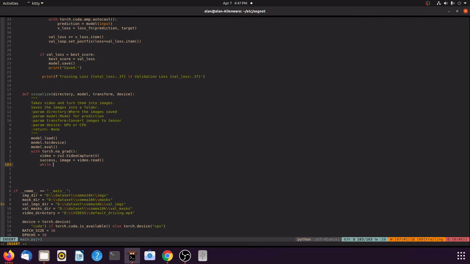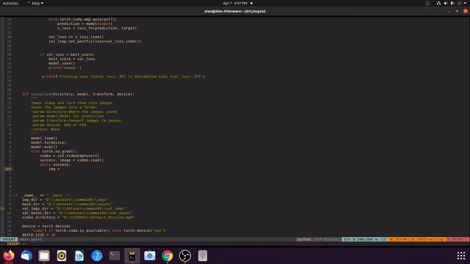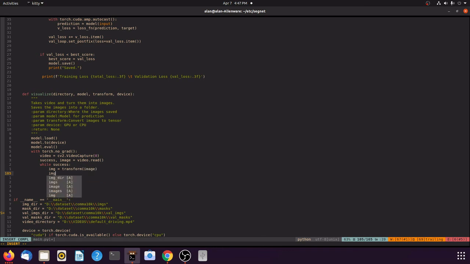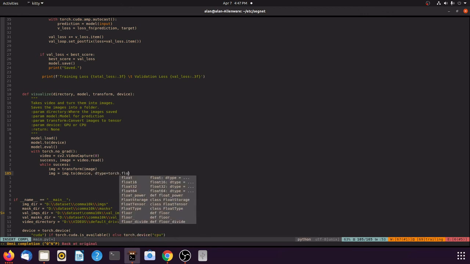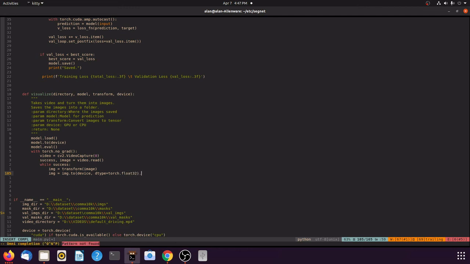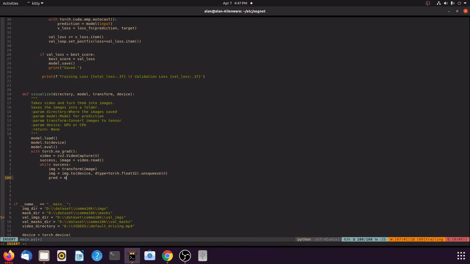So we'll just say while success, meaning we'll do this as long as the video isn't finished. We'll transform that frame at that point in time in that video. So take that image, set it to the device, squeeze 0, prediction equals model dot image, model passing the image, and we need to get the argmax argument, and